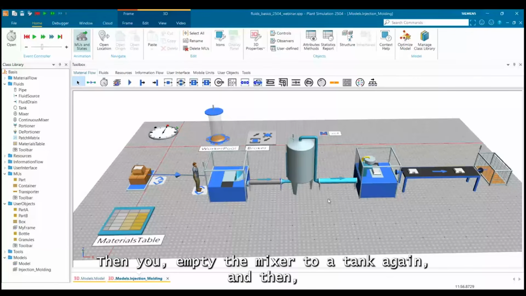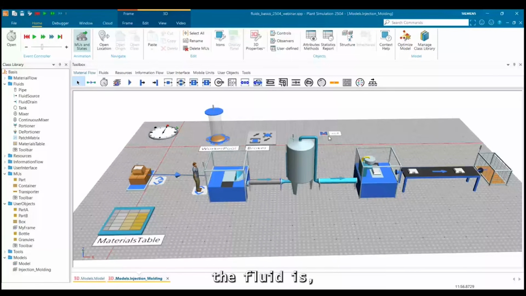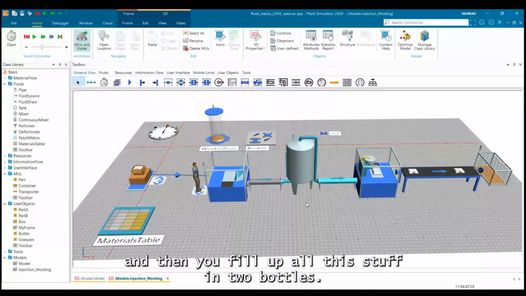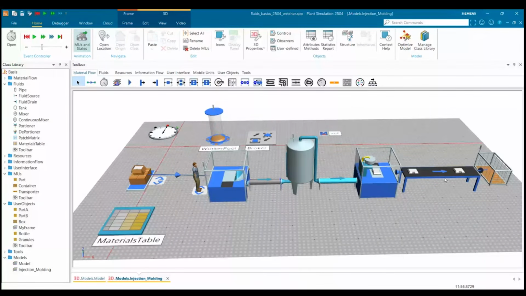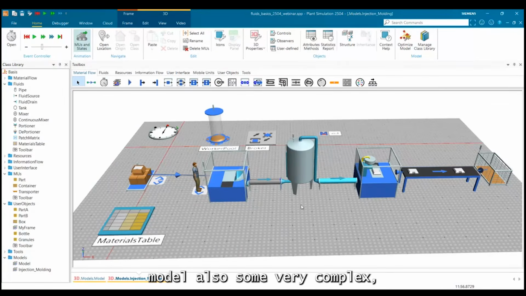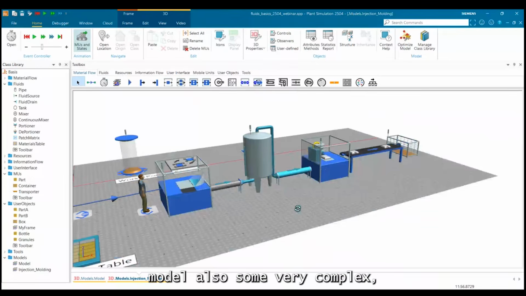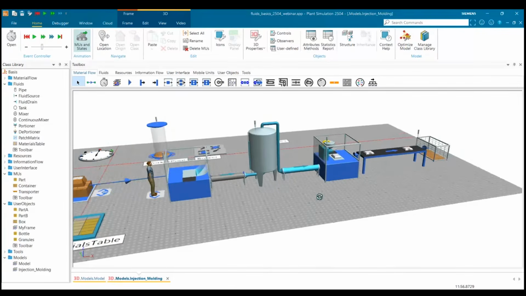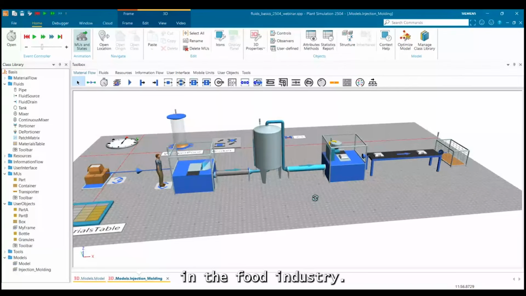Then you empty the mixer to a tank again, and then the fluid is processed for a certain amount of time, and then you fill all this into bottles or containers or whatever else. And so we can model also some very complex production systems in pharmacy or in the food industry.